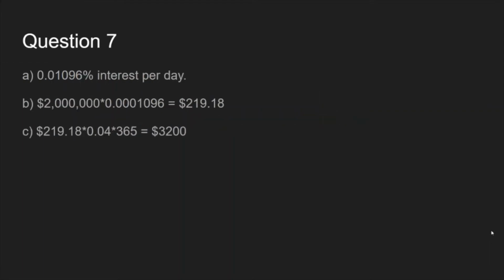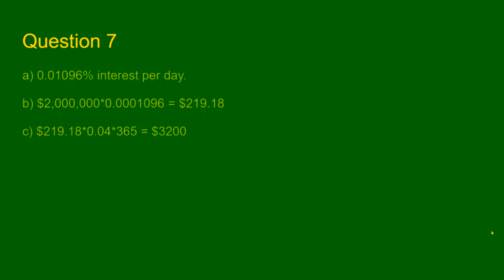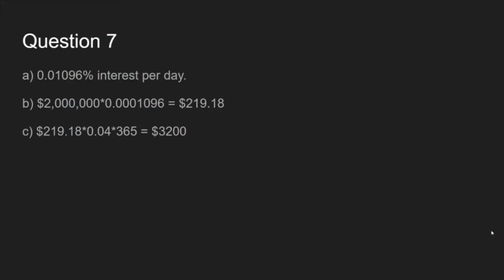For question 7, it asks if the annual interest rate is 4%, what is the approximate one-day interest rate? So that would just be 4 divided by 365, which is 0.01% interest per day. For part B, it asks how many dollars of interest will the Virginia Community Bank earn for lending this money in one day. So that's the total amount of money lent times the interest rate, which gets you